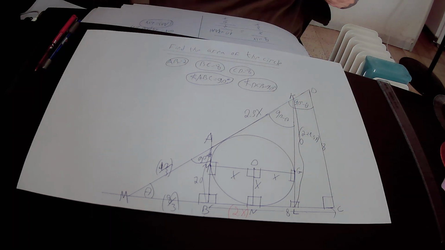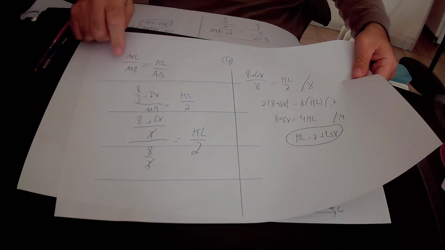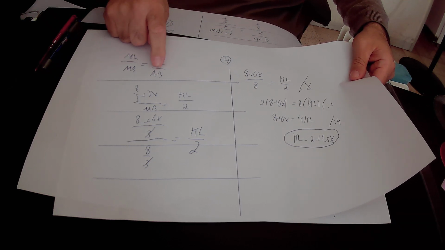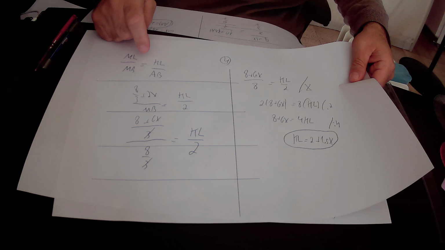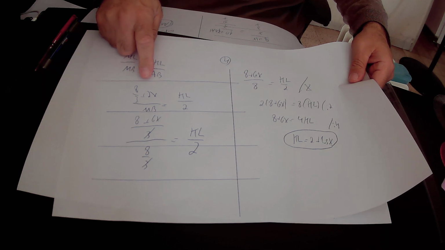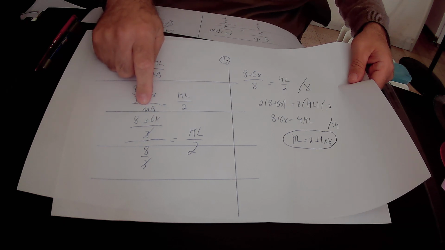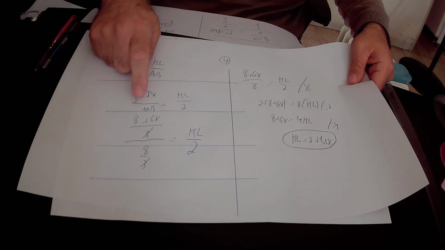So we substitute ML by 8 over 3 plus 2x, over MB equals KL over AB, which is the missing side. AB is 2 according to what is given in the question. So 8 over 3 plus 2x over MB equals KL over 2. MB is 8 over 3, so we substitute MB by 8 over 3. In conclusion, we found out that